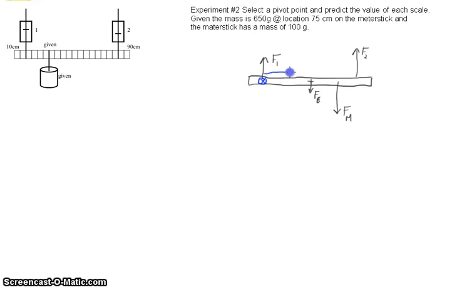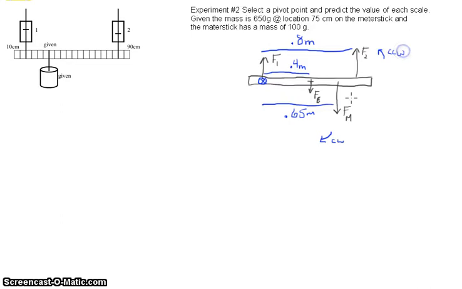Okay, so the distance between the earth and F1 is 0.4 meters. The distance between the mass and the pivot point is 0.65 meters. And then the distance between F1 and F2 is going to be 0.8 meters. Okay, now, since we know that this is in equilibrium, we can say that the torque exerted by the earth and the mass are both, in this case, clockwise, and F2 would be